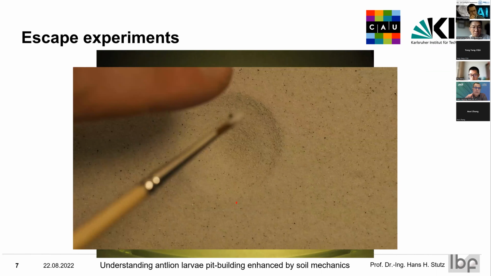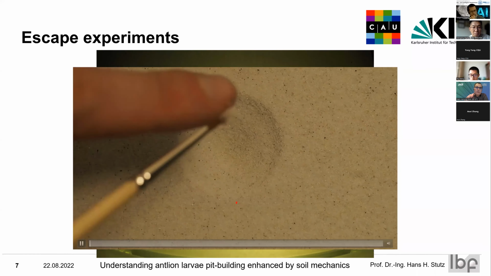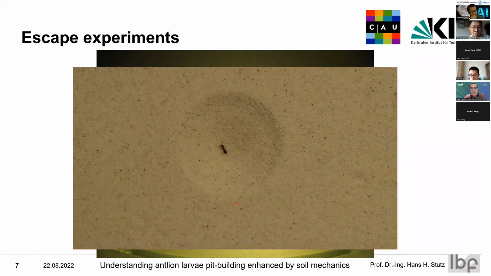We have also done this, or my colleague did this also with a different kind of test. Also here we had an artificial slope. You see here that this is this pit, and here's the center. So the animal is trying to escape, the ant in this case, and it has really issues to do so because it's really steep. But